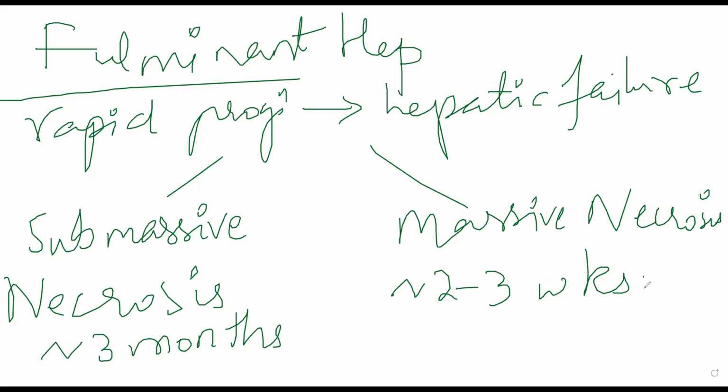And even if they recover from fulminant hepatitis, there will be irreversible damage to the patient's liver. More often than not, these patients have to go for a transplant or something or the other. It will be very hard for them to maintain their normal bodily functions with such a huge amount of damage. Okay. The main morphological changes that you see in fulminant hepatitis, it will be common.